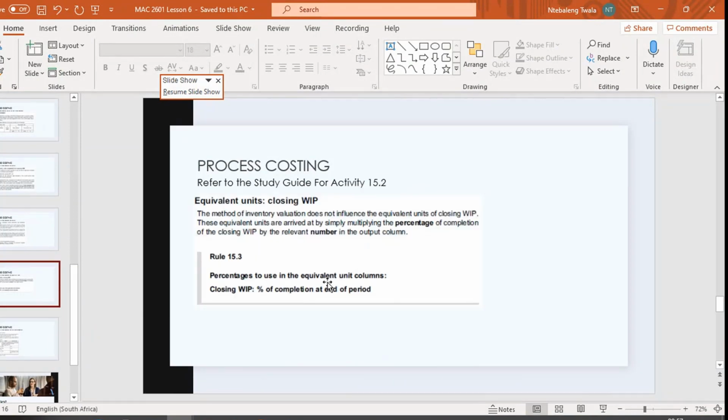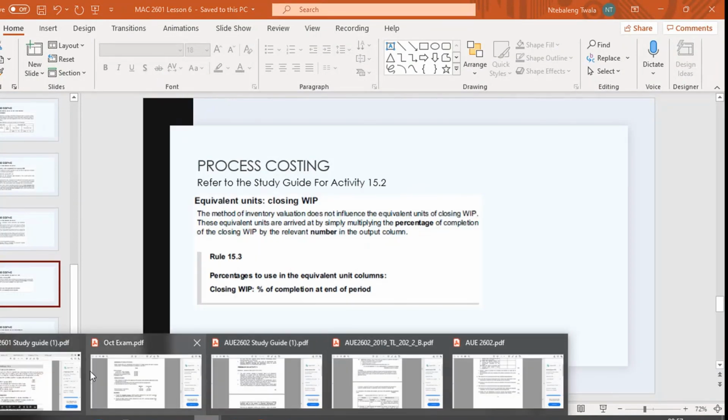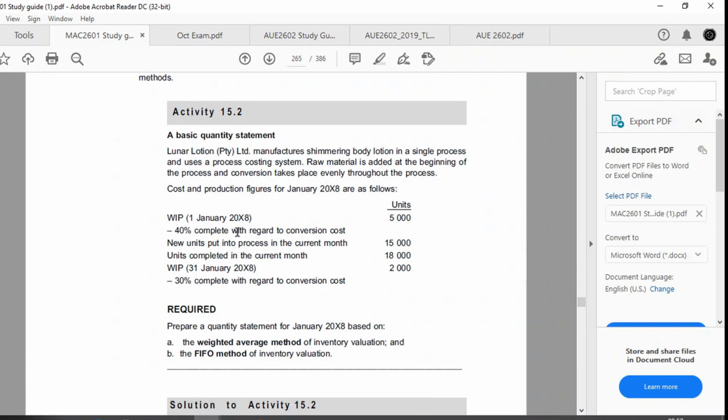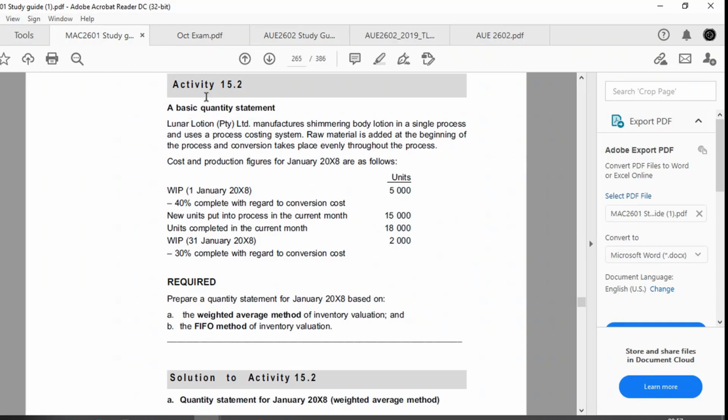Yeah, we're almost done. So I'm going to give you guys 20 minutes and then we're going to do an exam question, okay? We're going to do 15.2. We're doing an exam question, and then we'll do a self-assessment. Okay. So 15.2 says that,